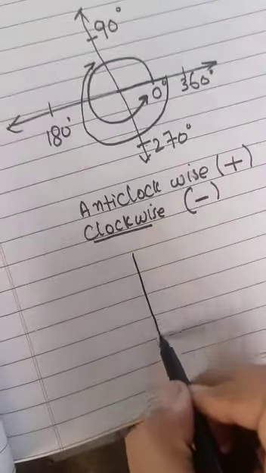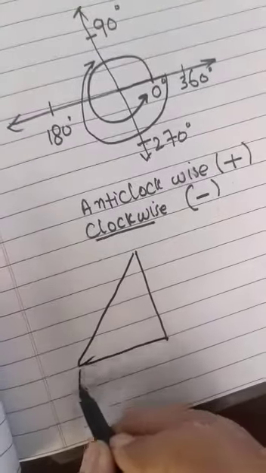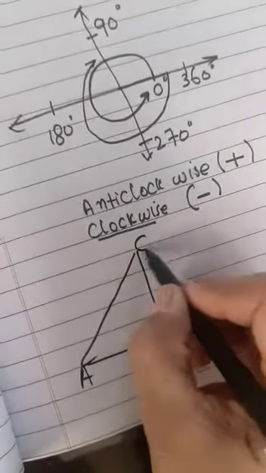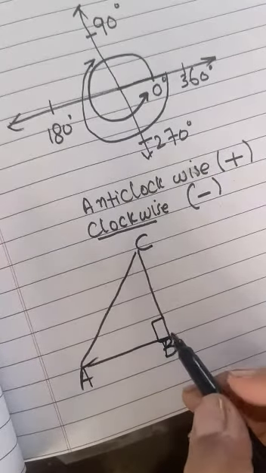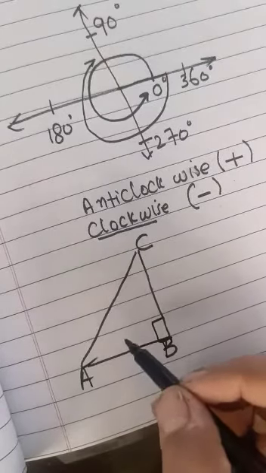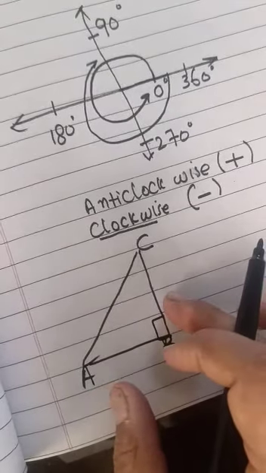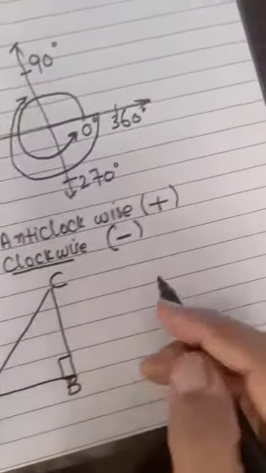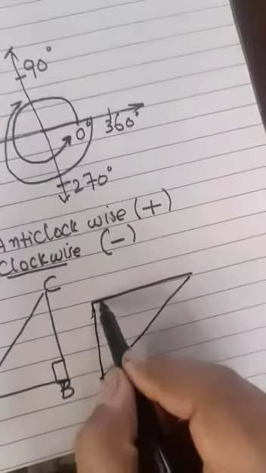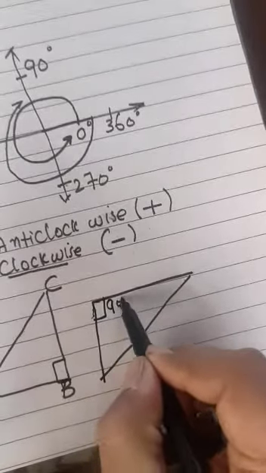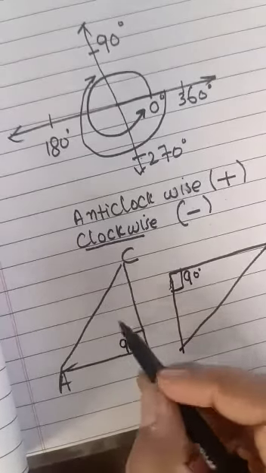अच्छा जी, इसके बाद right angle triangle. What is a right angle triangle? A triangle in which we have one angle 90 degree. It is for example ABC. Now this angle is 90 degree, so this triangle is called right angle triangle. अब ये right angle triangle इस डायमेंशन में भी हो सकता है, और यही right angle triangle आप यू भी बना सकते हैं। It is 90 degree.